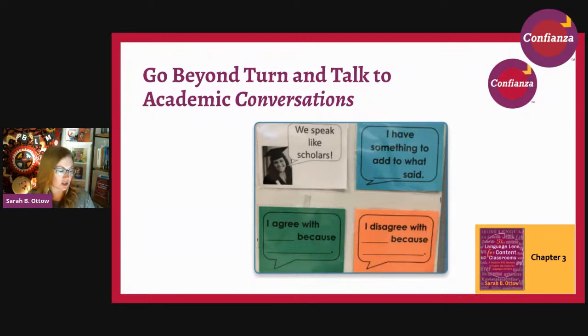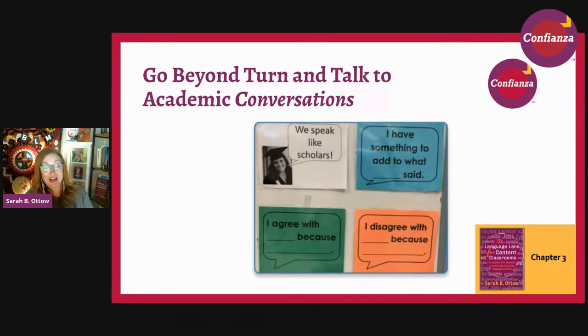Myself personally, I talked about college before. I didn't really learn how to have adequate student discourse until I went to college. I didn't have things like Socratic seminar and academic conversation groups in my school. And that's the beauty of language-rich classrooms now for all levels, is we're expecting students to do this. It's part of our new language standards. It's part of listening and speaking, reading and writing across the curriculum.